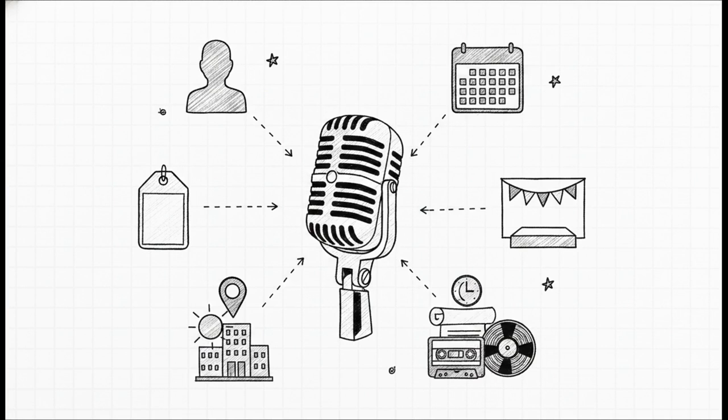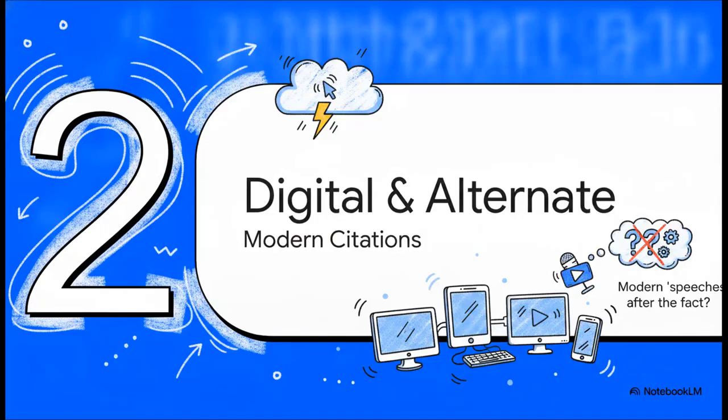Now, what's really interesting here is how meticulously the event or occasion is separated from the physical venue and location. They are not the same thing. The event might be an annual scientific summit, right? But the venue is the actual convention center or university hall where the microphone was plugged in. By separating these out, you give your reader the exact historical context of where and why those words were actually spoken.